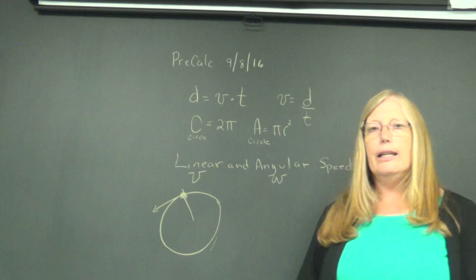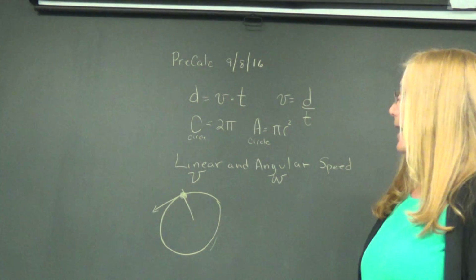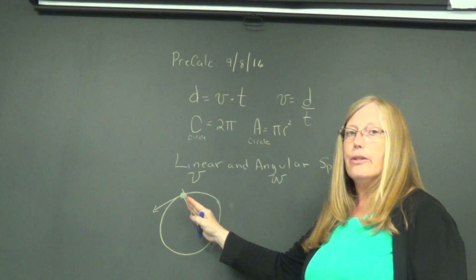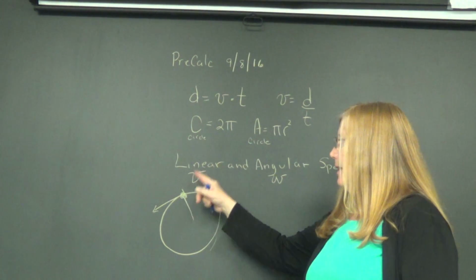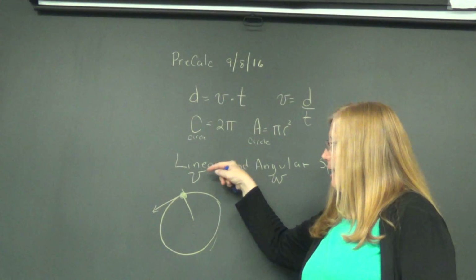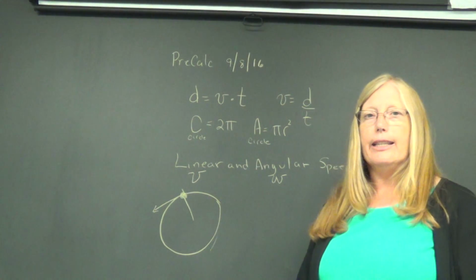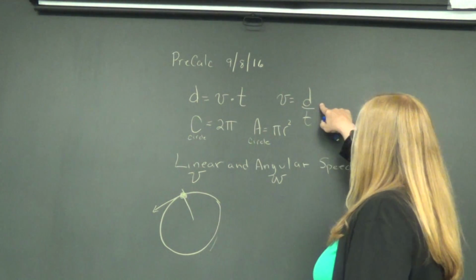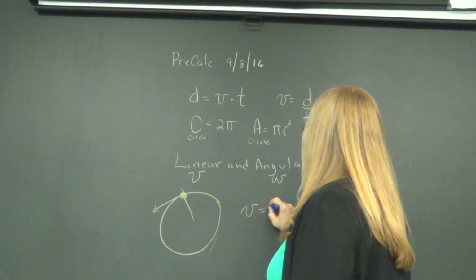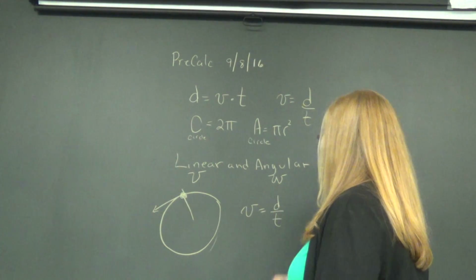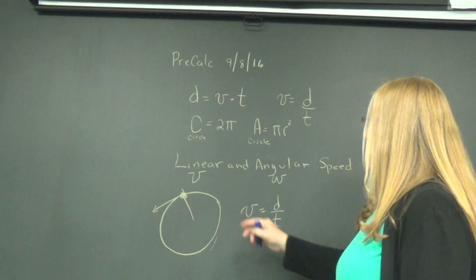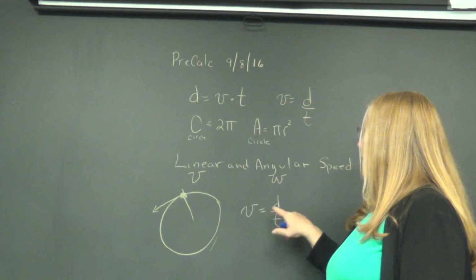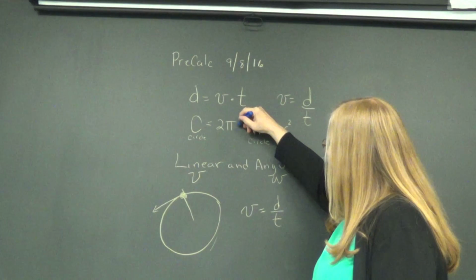So when I'm looking for linear speed, I'm looking for that. If this was to stop right there and no longer go in the circular path, cut the cord as it's spinning, and it would go straight, I can calculate the linear speed at that point. And linear speed is just like this. Velocity equals distance divided by time. Usually, because the distance has been in a circle, we're going to end up using 2 pi r,